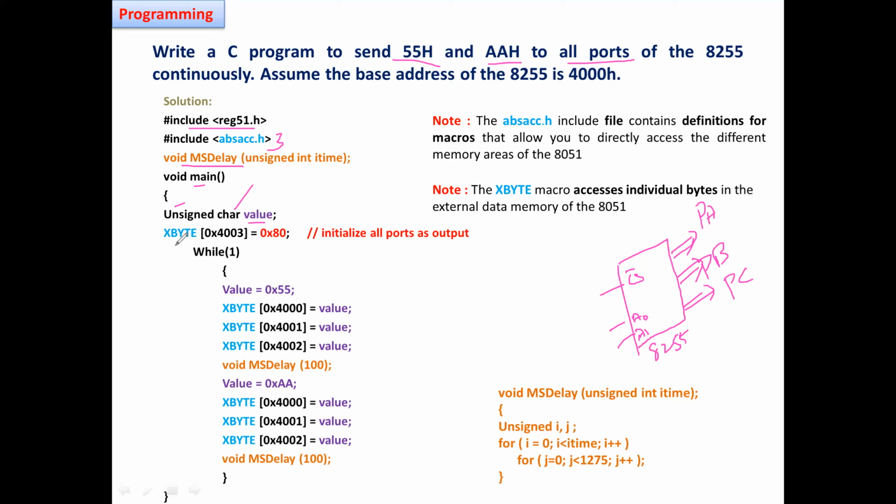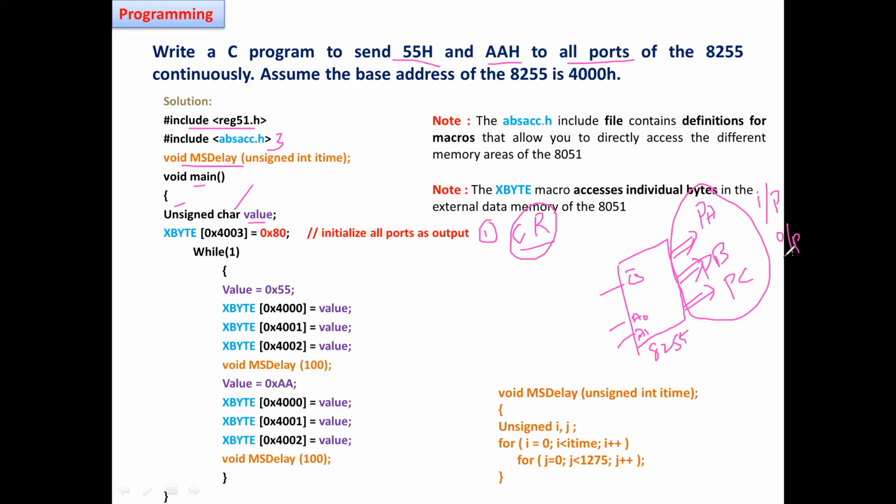Now, I told you my first step is programming the control register. What this control register tells you is whether port A, port B, port C are going to act as input port or output port. That is the important thing.